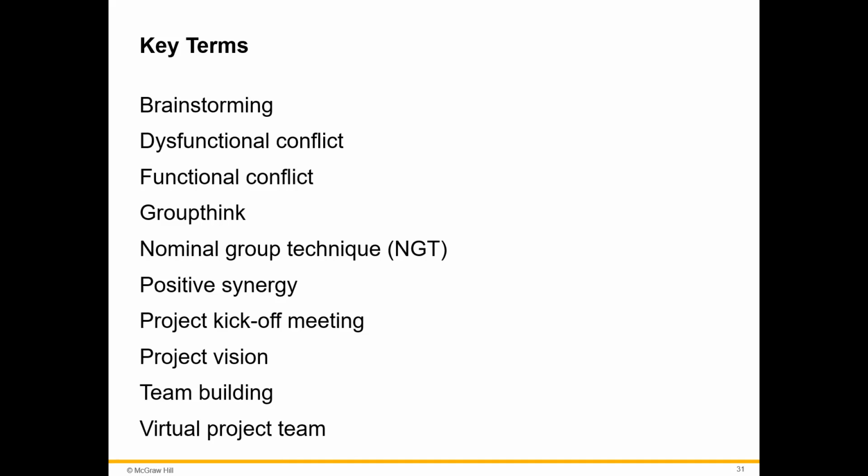Team building exercises like we saw today, build a tower, build a team. And also we talked about virtual project teams, and we understand that virtual project teams are not going anywhere. Okay, they're going to stay. There are some things that are good about a virtual project team, some things that are not. Okay, not going to lie,